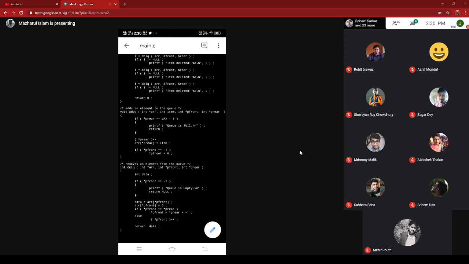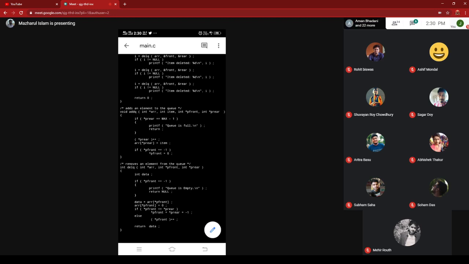Now, in this case, the if block: if *p_front == -1, *p_front = 0. So when this add queue function is called at least one time, p_front, which was initialized as -1, will be reset to 0.